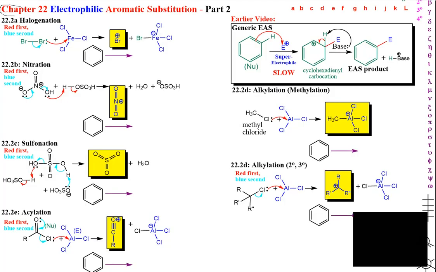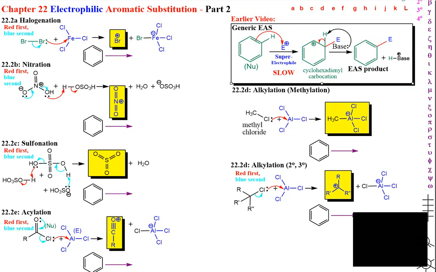Now for our second part of our discussion of electrophilic aromatic substitution. I copied and reorganized the mechanisms from the previous video, and we will take the electrophilic aromatic substitution part and apply this generic reaction to the previous reactions where we generated all those electrophiles that are highlighted in yellow. So why don't we just do these step by step,